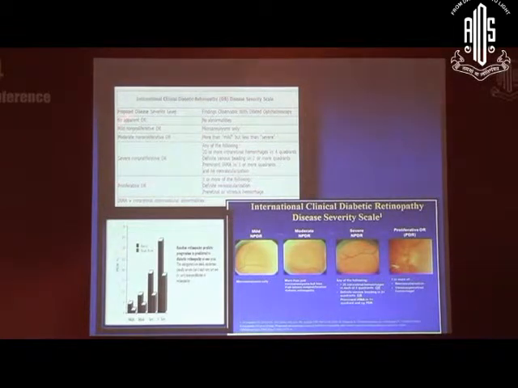It starts from no apparent diabetic retinopathy to mild diabetic retinopathy, which includes microaneurysms only, then moderate NPDR, where you will have other associated changes, retinal hemorrhages and so on. Then the severe stage, which goes by the 4-2-1 rule, that is 20 or more retinal hemorrhages in 4 quadrants, venous beading in 2 quadrants and IRMA in 1 quadrant. Of course, the last stage is proliferative diabetic retinopathy, which has associated neovascularization.